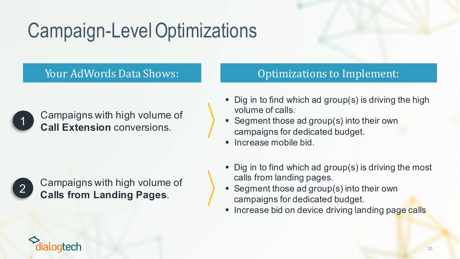So first, campaign level optimization. If your AdWords data is showing campaigns with a high volume of call extension conversions, what do I do? You have one campaign that has a ton of conversions from the call from ads section. So what I do here is you want to definitely click into that campaign. And you want to find which ad group or ad groups, it could be multiple, is driving the high volume